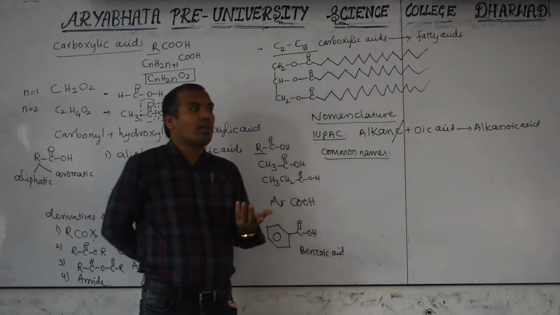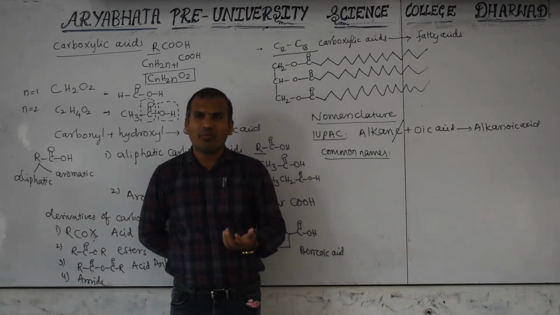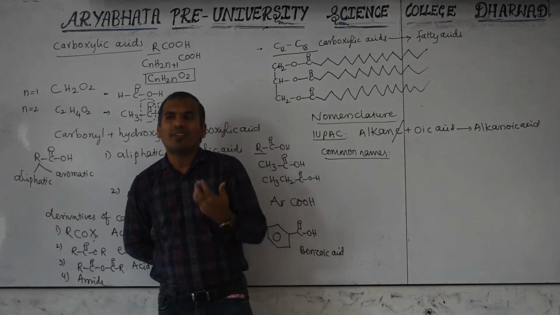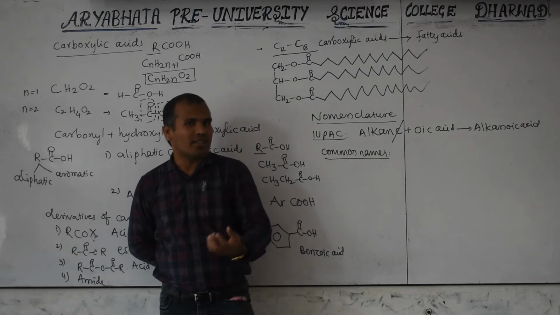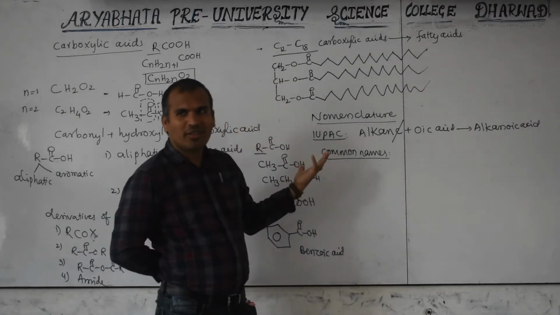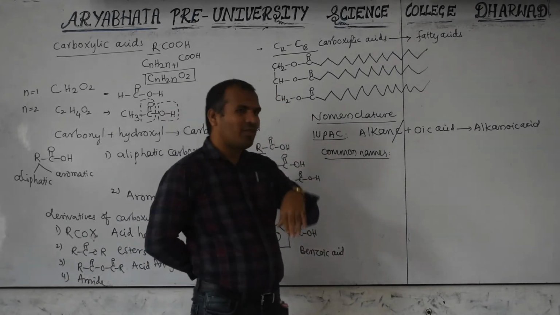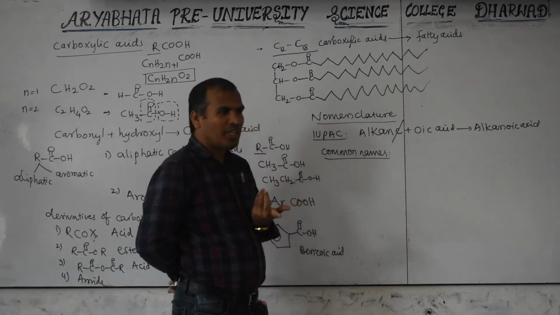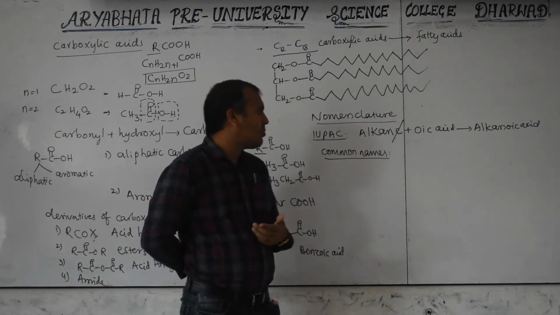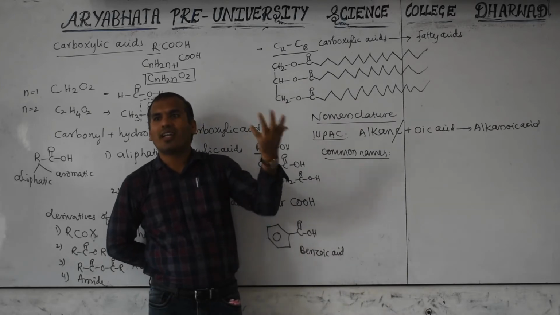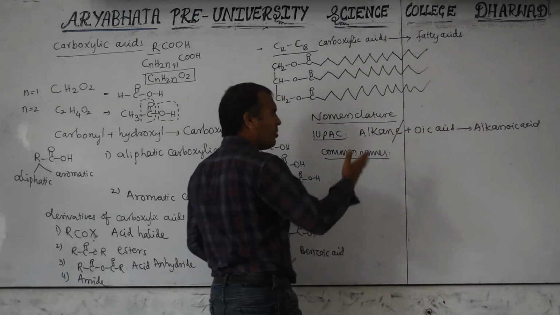Sometimes in your classroom, some friends may call you by nicknames. Why are they using that name? Based on your behavior or your village or somewhere. So that is the source or your nature, and that's why the nickname comes. The nickname is the common name here. IUPAC name is the registered name. That will not change, while the common name may change. Now we are using acetic acid; after some time, if anybody tells some other name, it may change. I am not saying 100% that change is compulsory. It depends. Now in your PUC level, they may call your friend some name; if you go to a higher level, another nickname will come. But the IUPAC name is compulsory, it depends upon the rules.